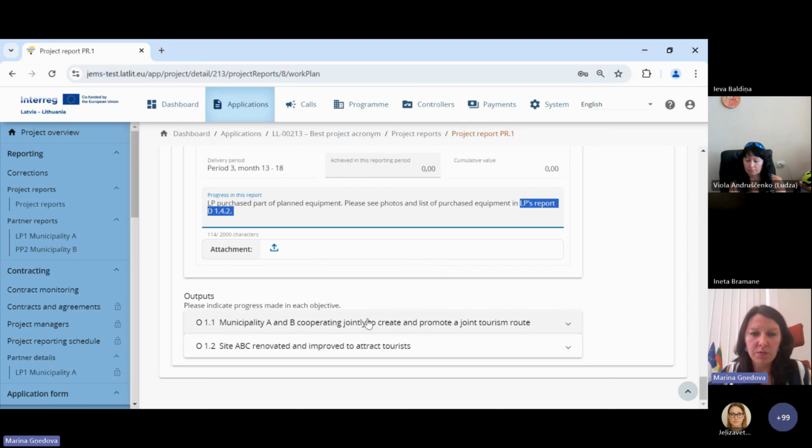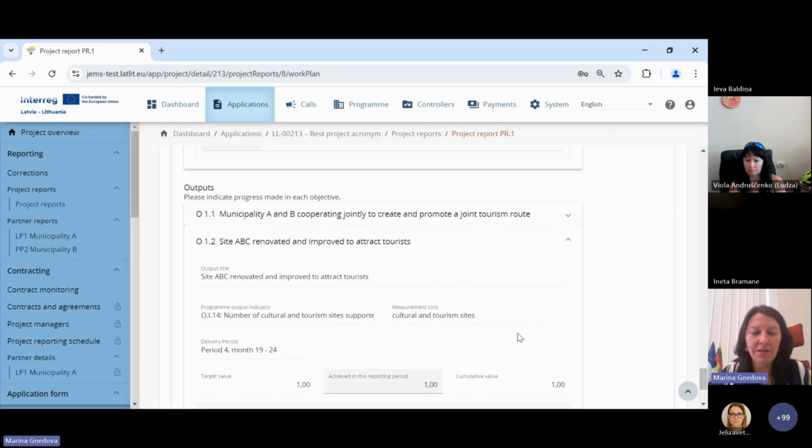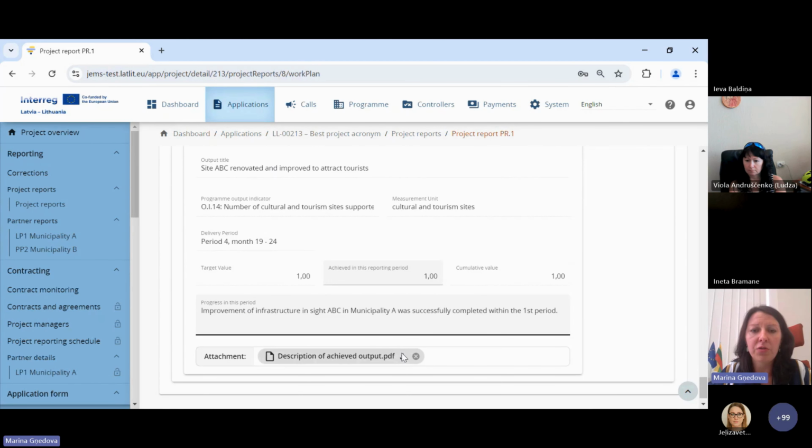Information about outputs. In our example, in the first period, based on that the building was renovated and the infrastructure works were done, I would report on the achieved output. It would attach a description of the achieved output. In this case, if you remember, Nikolai showed that this output was reported already in the partner report and the description already was attached. But for outputs, please put the description once again, not making reference, because this is the project report